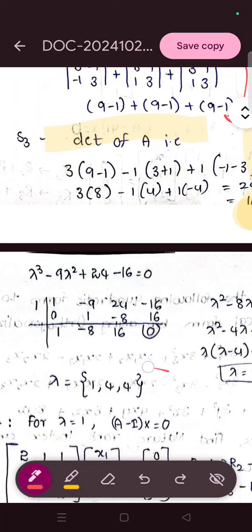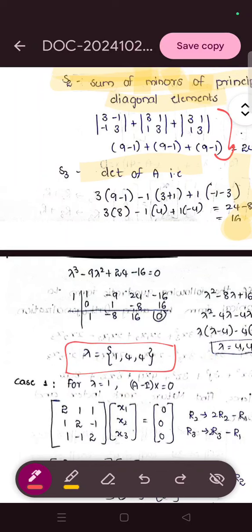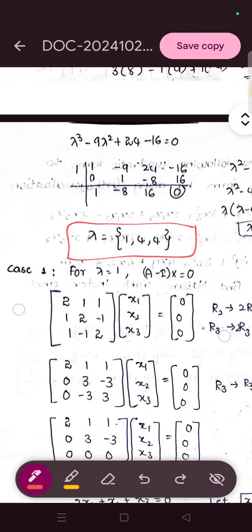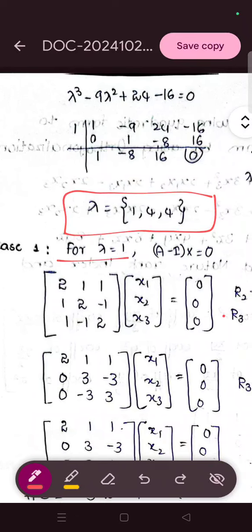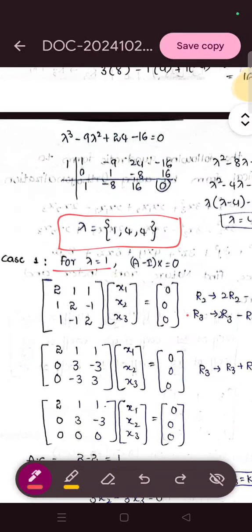In the previous class we discussed lambda equals 2, 3, 6, so there is a difference. The next step is we need to find the eigenvectors. For lambda equals 1, (A minus I)X equals 0. Simply we get the matrix with rows 2 1 1, 1 2 minus 1, and 1 minus 1 2,